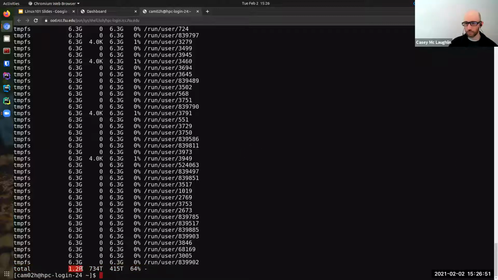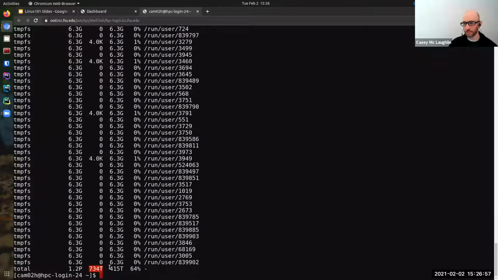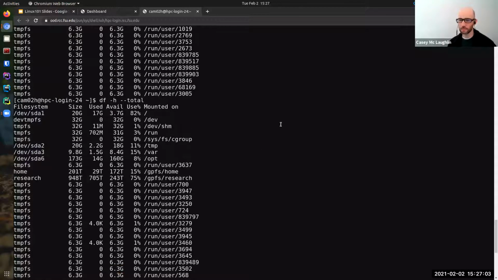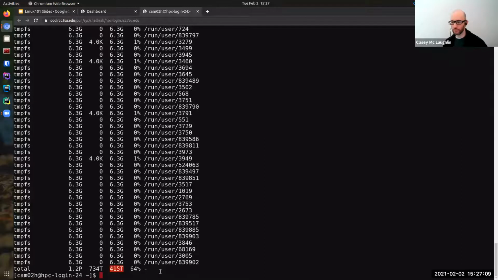In this case, it's 1.2 petabytes. How much is in use? I think used, yeah, 734 terabytes, and free is 415 terabytes. So across all the file systems on this computer or server, we have this amount used and free.